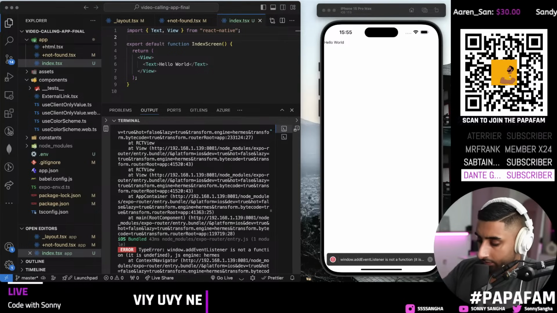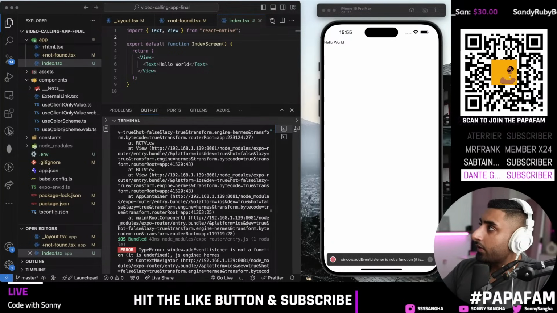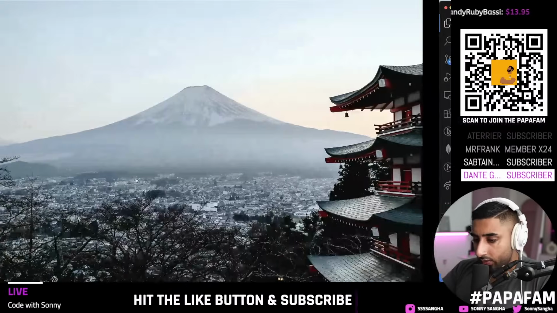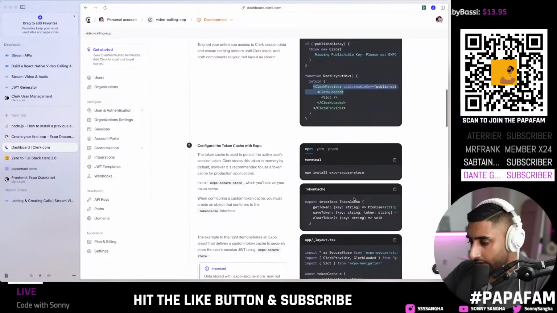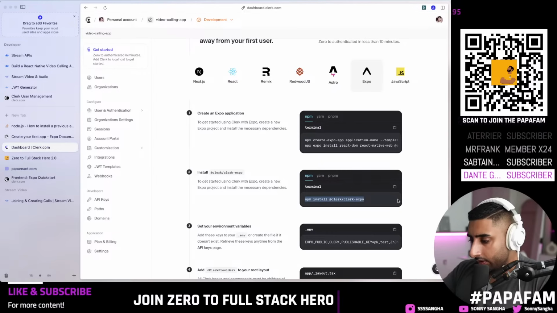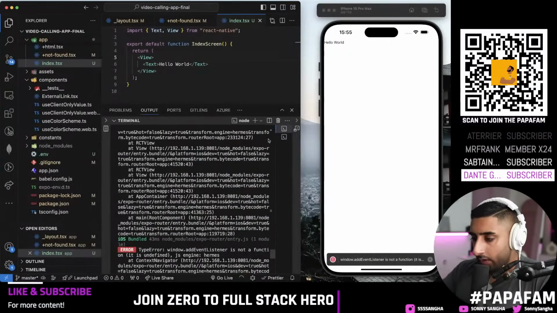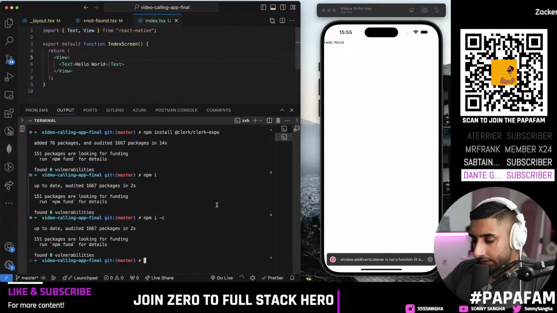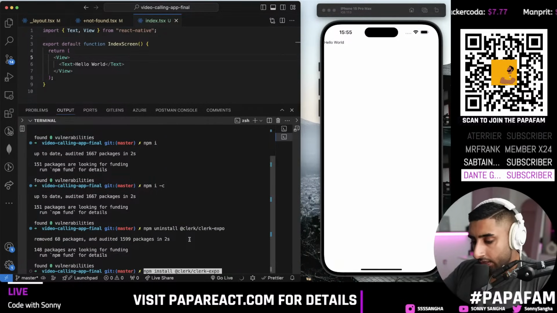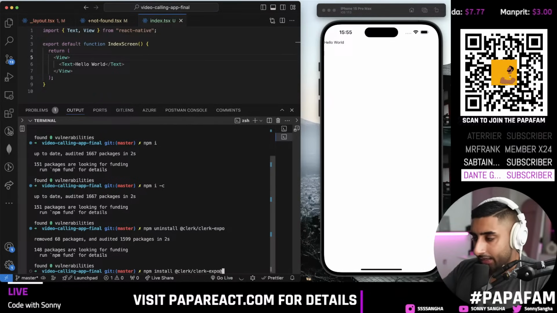Okay. Right. So what I'm actually going to do is uninstall the Clerk package, and I'll show you how I would do this. I know that it's stable on the version I was using. So if you're following this tutorial, feel free to do the same. We're going to uninstall Clerk at Clerk Expo, and instead I'm going to install the stable version at